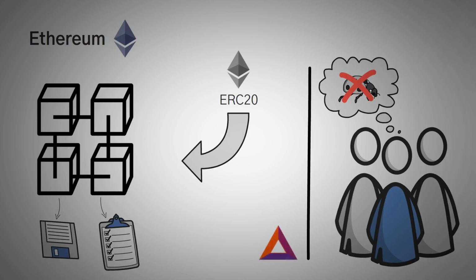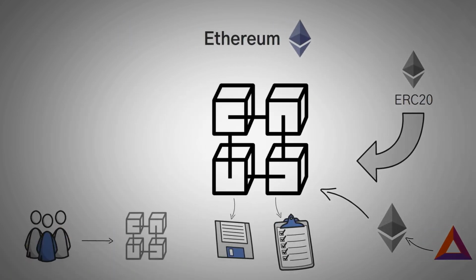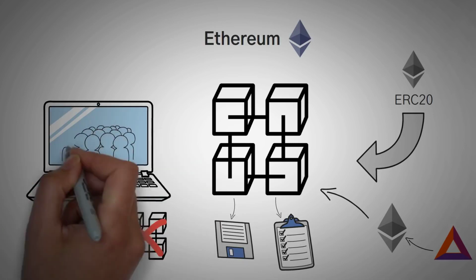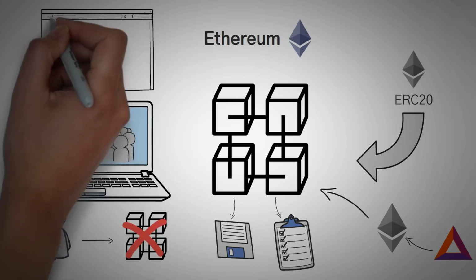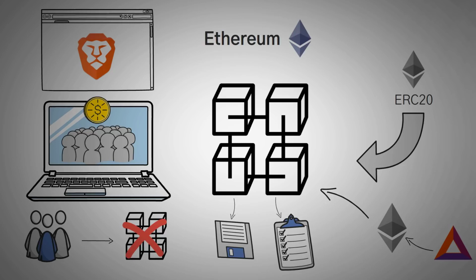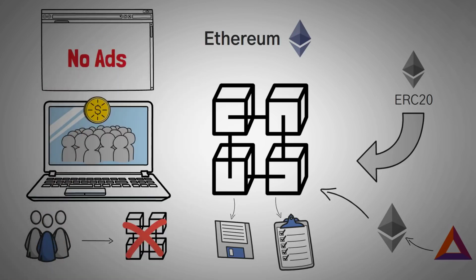For example, Basic Attention Token is an ERC20 token built on the Ethereum network. Now, the team decided it was not large enough to create their own mainframe, but they wanted to create a system where users could reward the creators that they follow in a simple manner. Without going too deep into it, the Basic Attention Token team can focus on providing a great product, that is, the Brave browser, a web browser that automatically replaces a website's advertisements with advertisements that reward the creator with Brave.